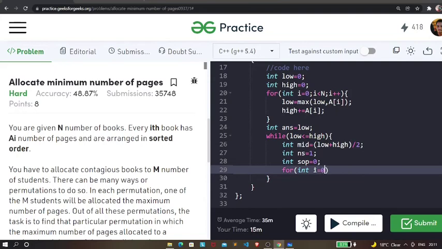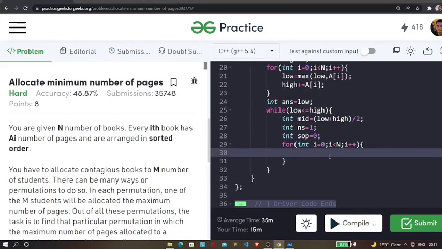So let's say we start with i equals 0, it will go up to i equals n, and I'm going to increment i by 1. After doing that, the sum plus equals a of i.